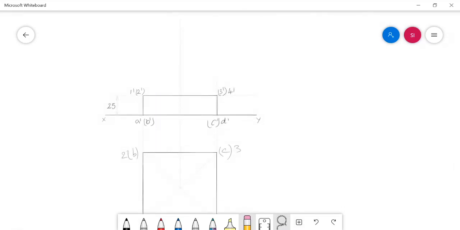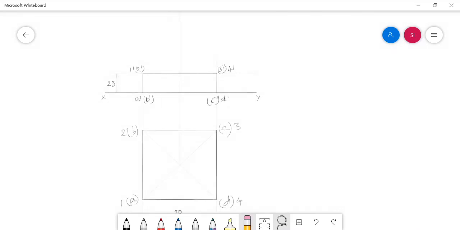Now the front and top views of the bottom solid, the square slab, are over, and now I need to draw the orthographic view of the frustum of cone, which is the top solid.